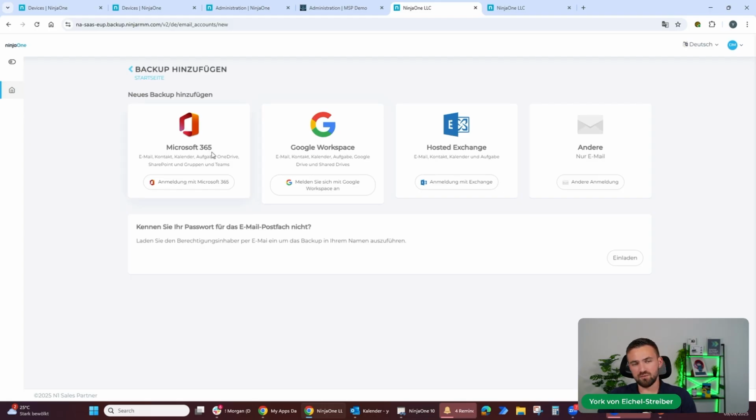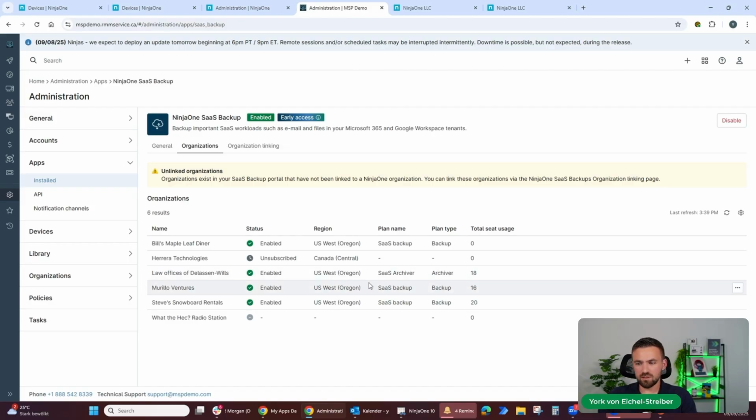Microsoft 365 includes OneDrive, Office 365, Teams, and tasks, and the calendars, etc. And then you have Google Workspace for the emails, the Gmail, for example, the private shares, common shares, tasks and calendars as well. You can connect those here,